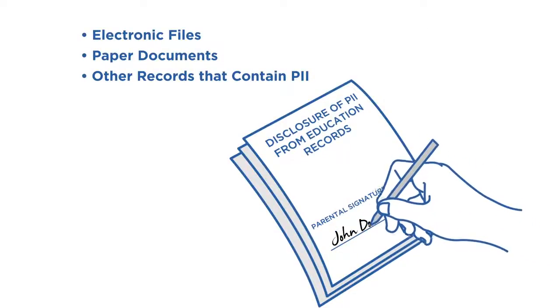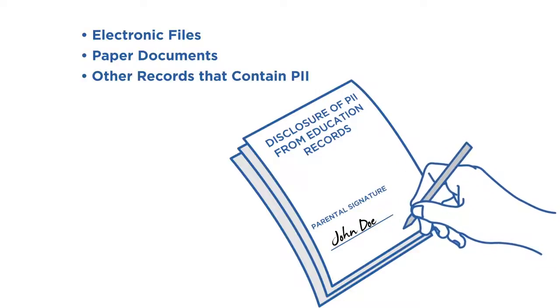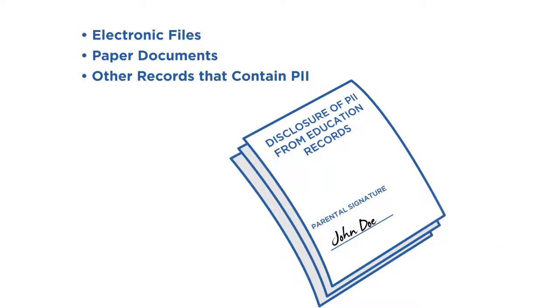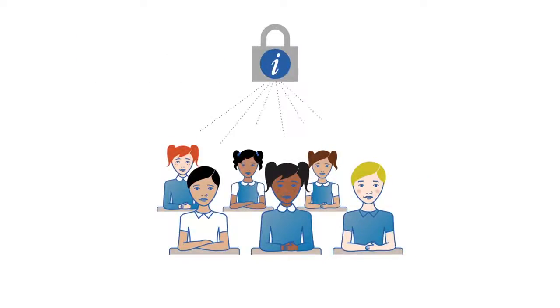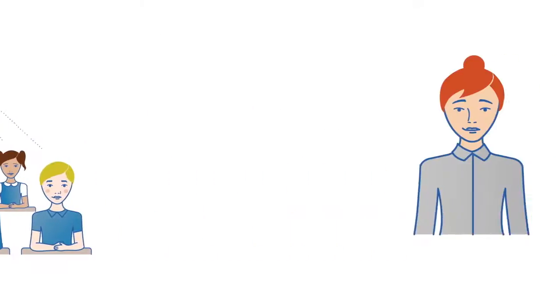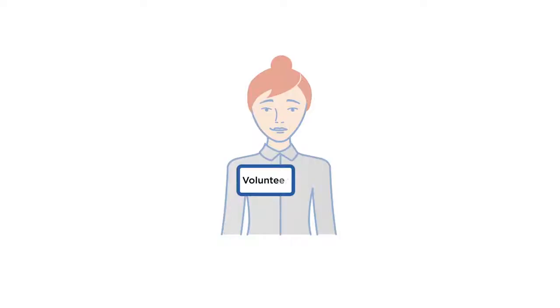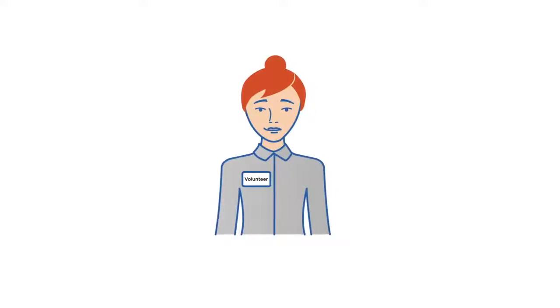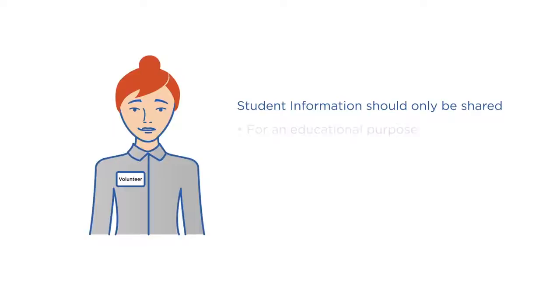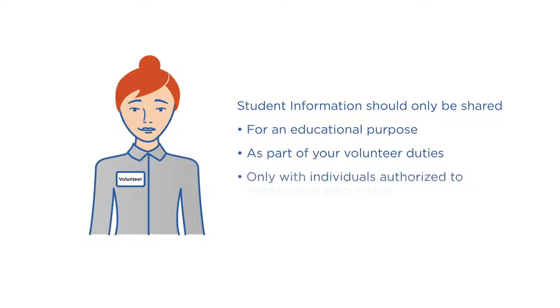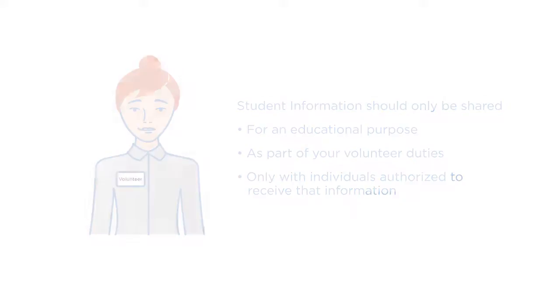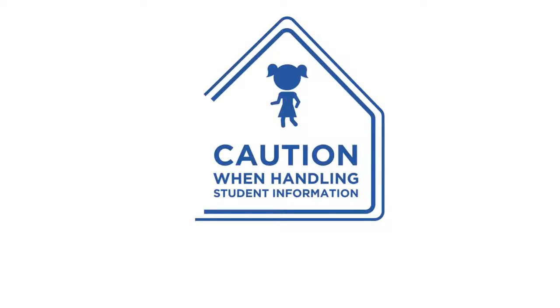However, FERPA has provisions that may allow you incidental access to students' education records that include PII as a school volunteer. And while FERPA only protects PII in students' education records, it's a best practice to protect all student information. That means you should not share student information in a conversation or in an email. Student information should only be shared for an educational purpose, as part of your volunteer duties, and with individuals authorized to receive that information. In addition, you should take special care when handling student information to avoid accidental disclosure of